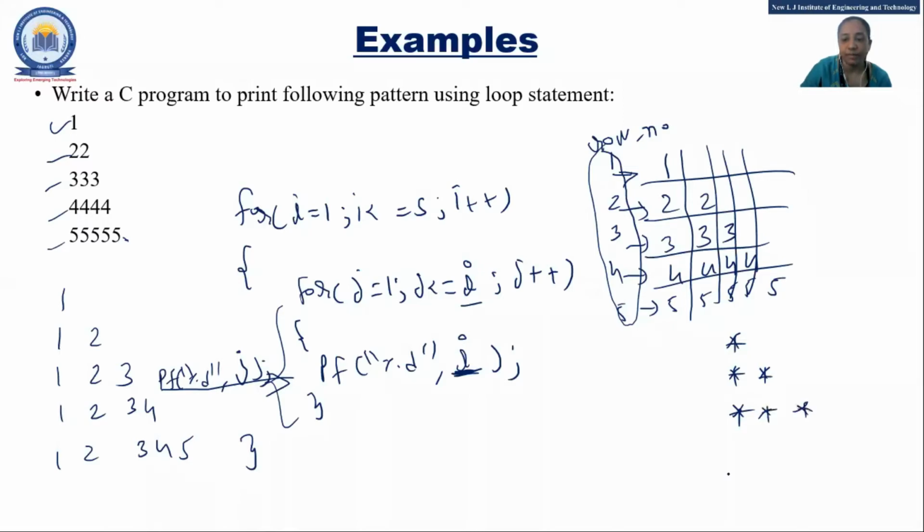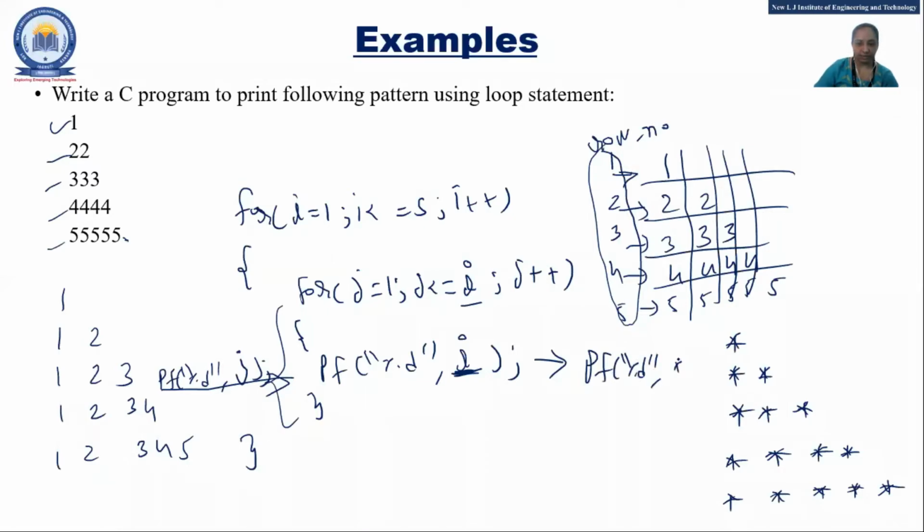So what is the requirement? Can anyone tell me? Yes, instead of I and J, printf what? Star. Yes, correct. Only this statement will be changed. Printf %d star. Right? So anything can be there. See, the pattern will be same like this triangle, but here the value can be anything. So at that time, just printf is supposed to be changed. Okay? Instead of this, it may be asked like this also.